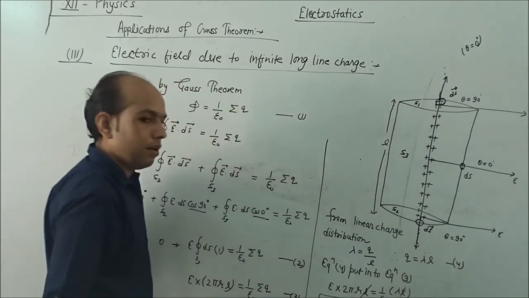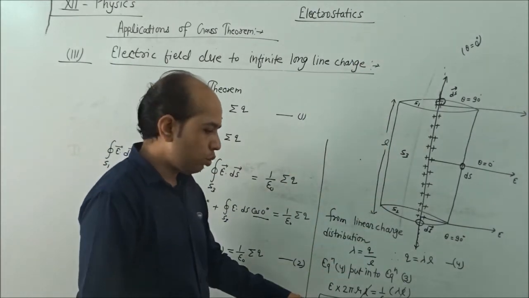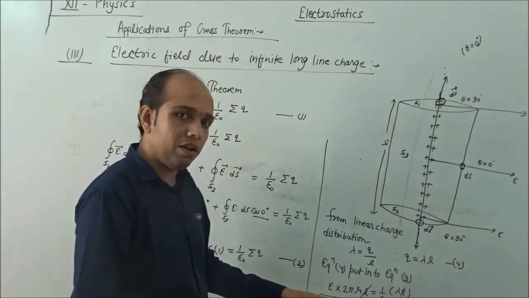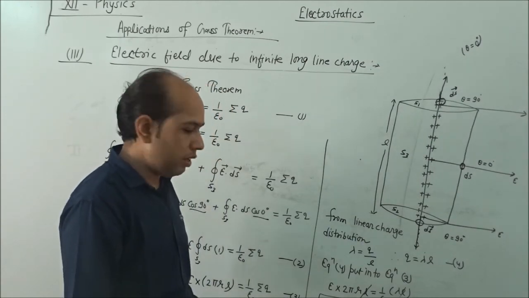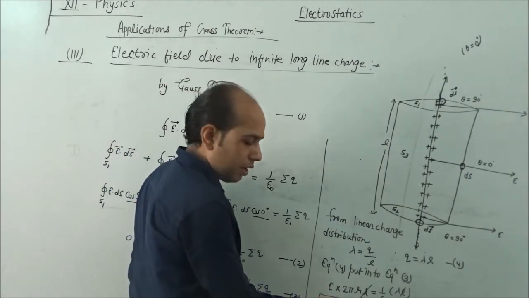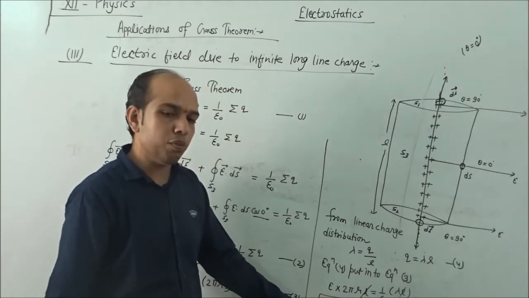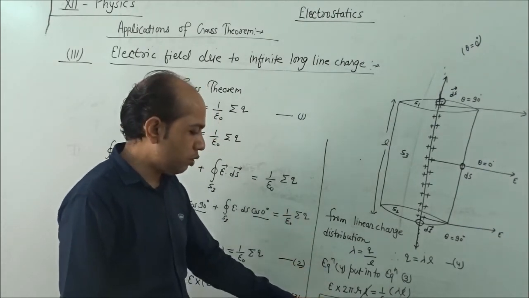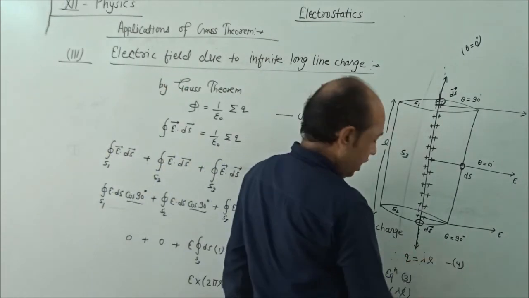So this is the electric field due to a long line charge. E is equal to 1 upon 2 pi epsilon naught lambda by r. When we solve the numerical, we require the value of epsilon naught, that is equal to 8.85 into 10 raised to power minus 12. So for simplicity, it is better to multiply both sides, up and down, by 2, so that it becomes 1 upon 4 pi epsilon naught, which is some constant k, and directly we put 9 into 10 raised to power 9. So from this identity, it is better to multiply and divide by 2.